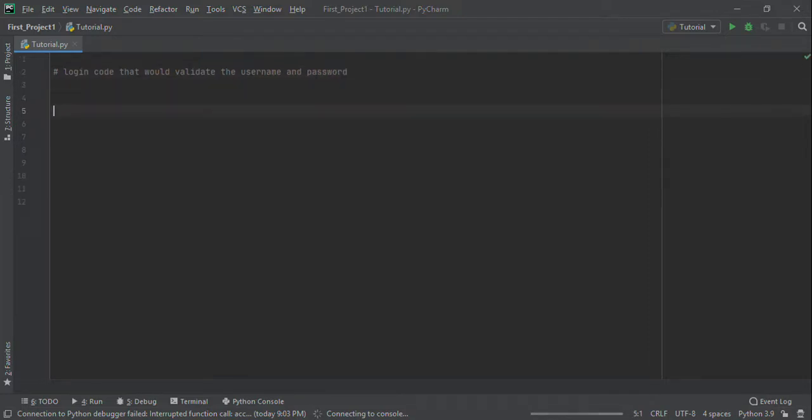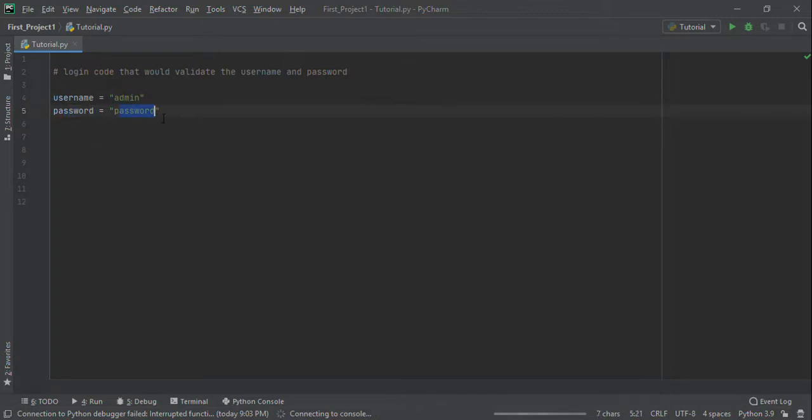Okay. So first thing we want to do is of course declare a variable for our username and password. So this is our variable. Now we would like to add a value for each variable. Now for username, I would like to assign admin as our username, and for password is password. So that's it. The value of our username is going to be admin, and the value of our password is